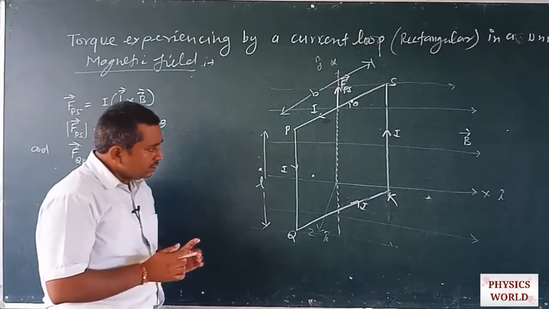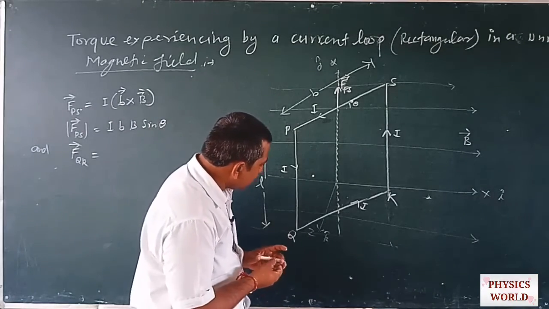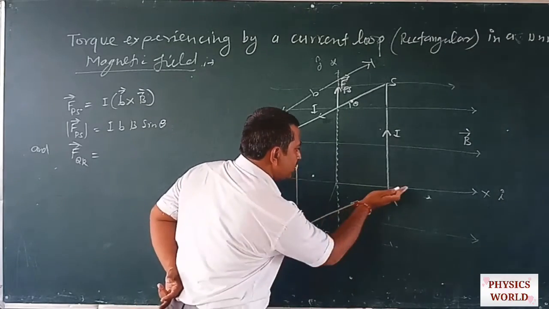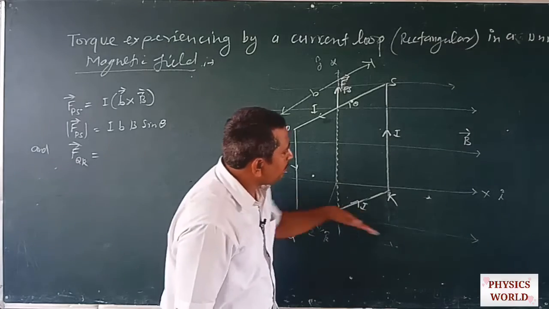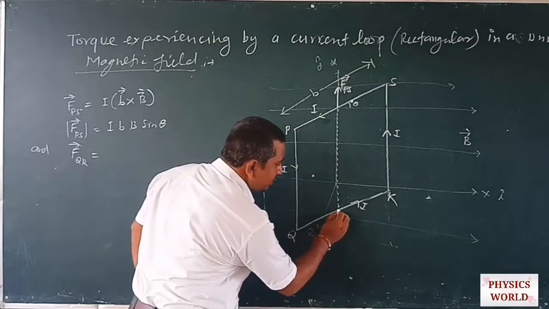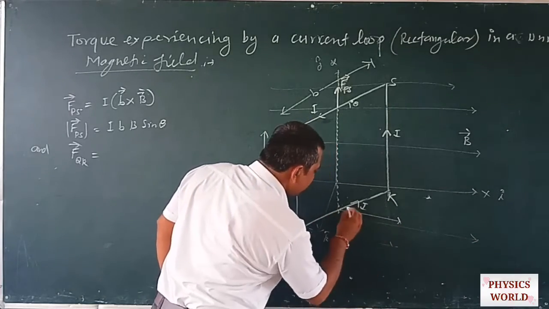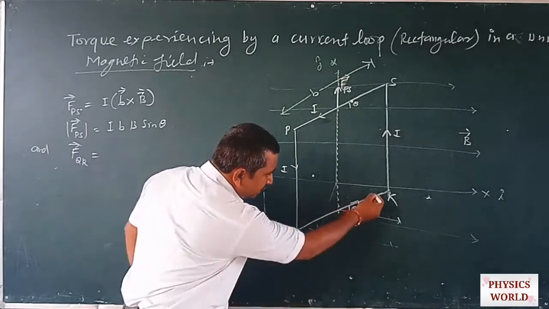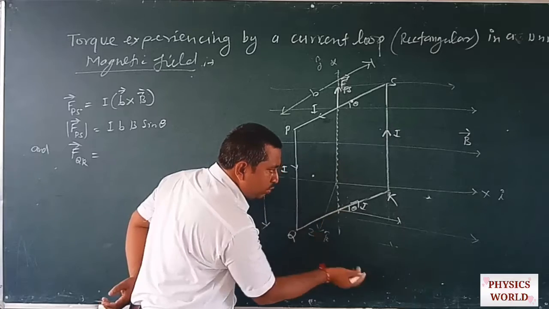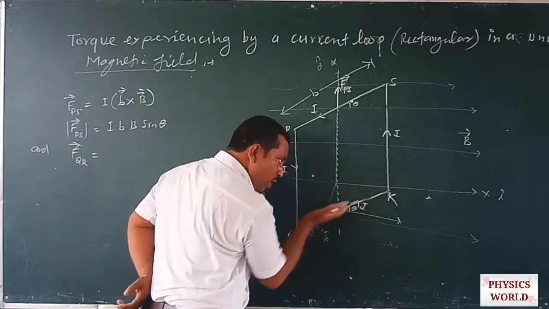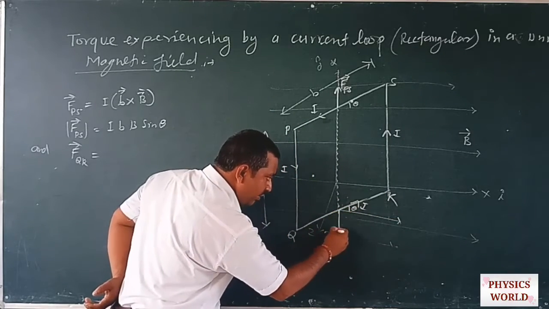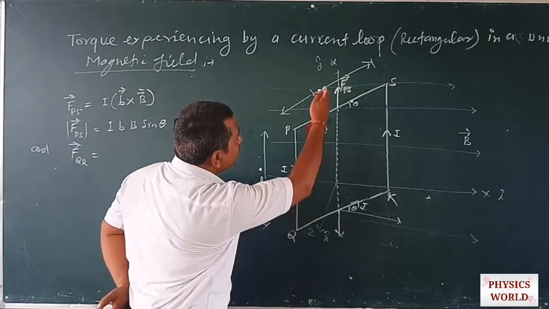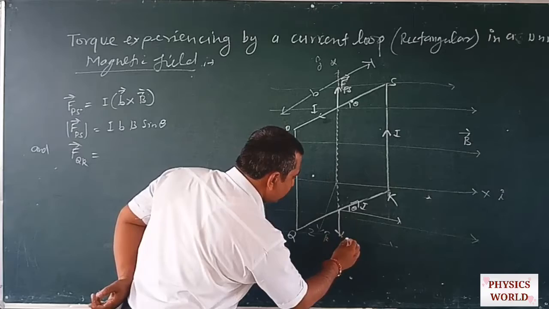If we see, the direction of the current flowing through the coil is along Q to R, and the direction of the magnetic field is along the x-axis, that is, if there is a magnetic field along this, then there is angle theta. Then what will be the direction of the force experienced by this current carrying conductor? This will be perpendicular to both the magnetic field and the coil, and it will be just along the downward direction. It means perpendicular to the direction of the axis of the coil.